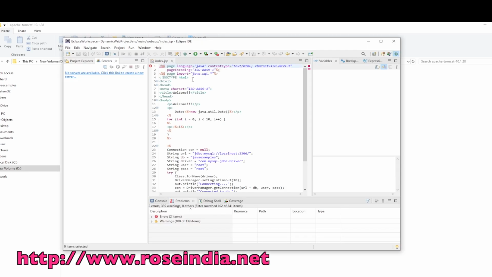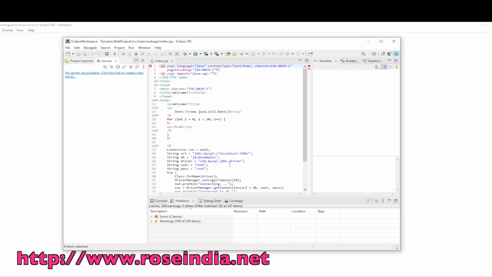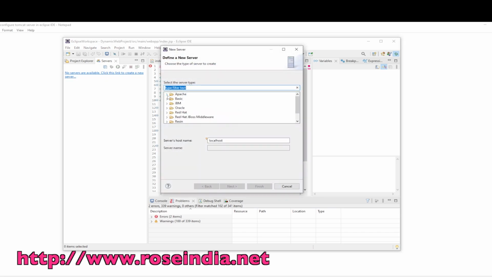Next I will go to the Eclipse and click on the servers tab, then click on no servers are available. Click this link to create new server. Click here and in the Apache list select version 10. Select the Apache 10.1 server. Click next